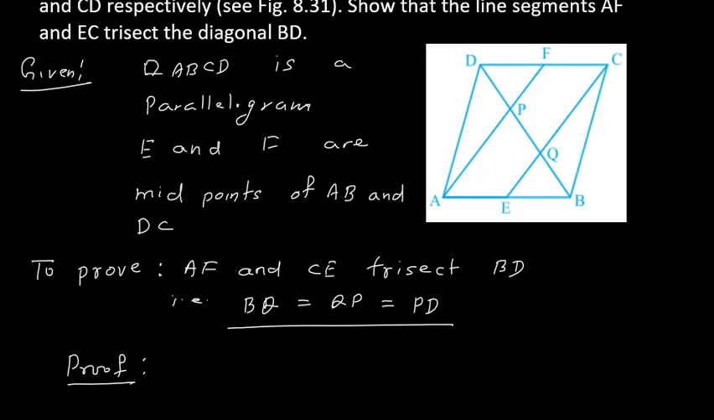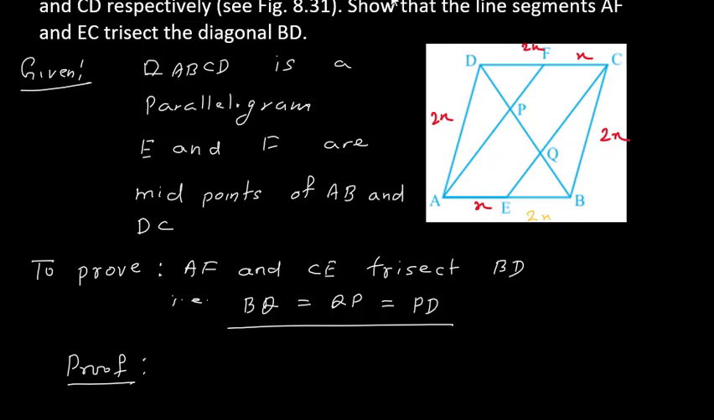Here, as ABCD is a parallelogram, each side is equal. So we can consider that side AB is equal to 2x. So this side will be 2x, this side will be 2x, 2x. Now as E and F are the midpoints of AB and CD, this part will become x, this part will become x. Now if I take quadrilateral AECF, then in AECF,